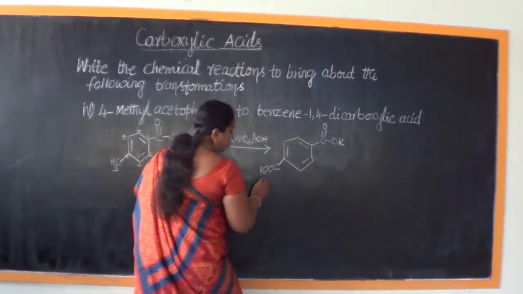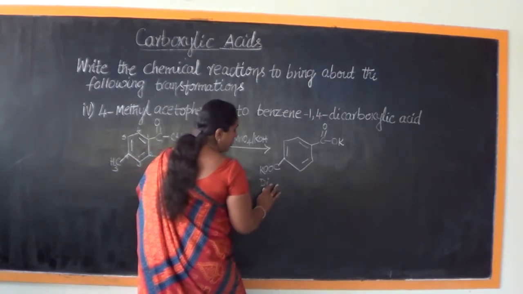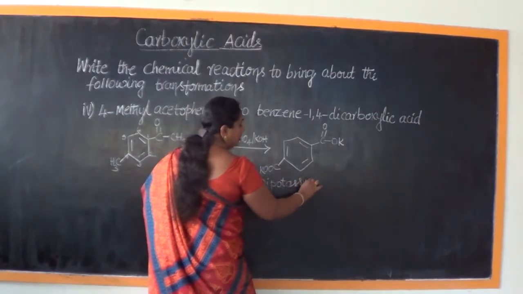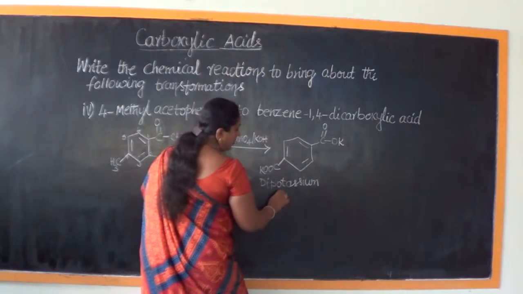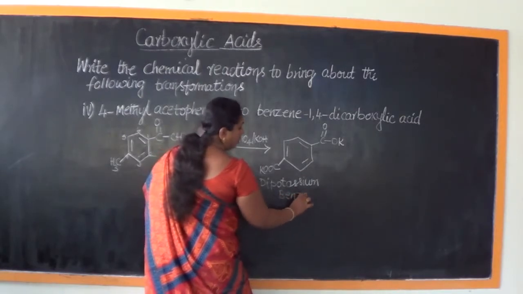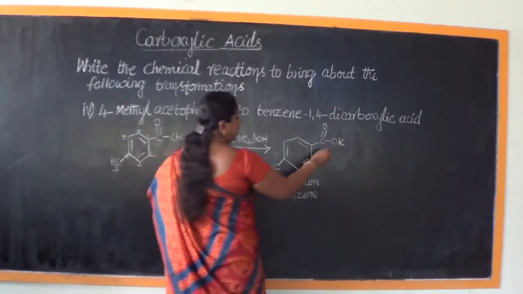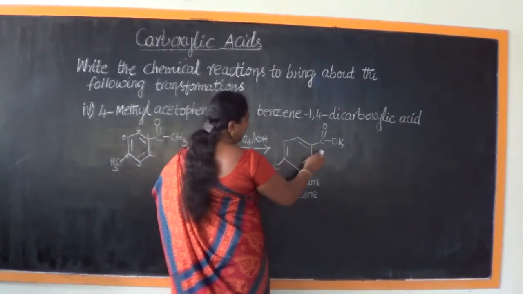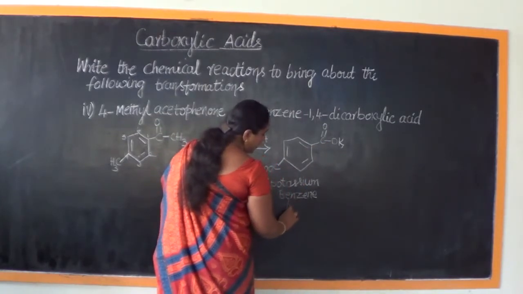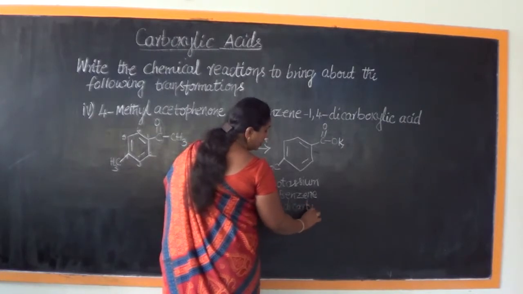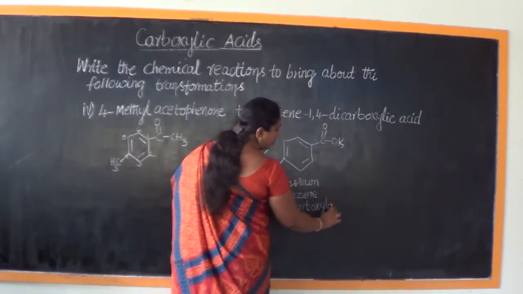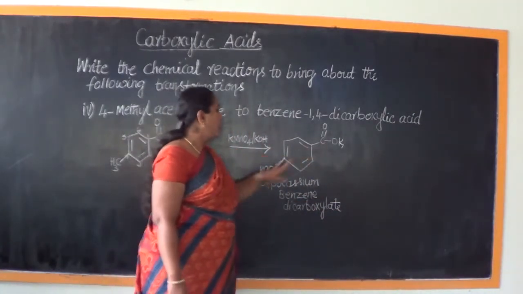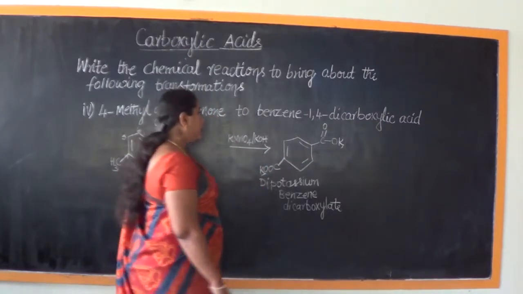So we landed up in the formation of a potassium salt. How many potassium salts do we have? Dipotassium. Then where is this dipotassium? In the benzene. And what else do we see? We have accounted for this potassium and the benzene. Then we need to account for this COO present in two places. So we call it dicarboxylate. This is a salt. So dipotassium benzene dicarboxylate is the name of this particular compound.